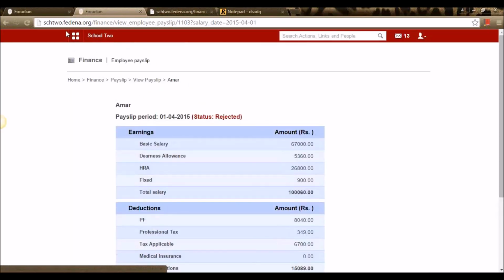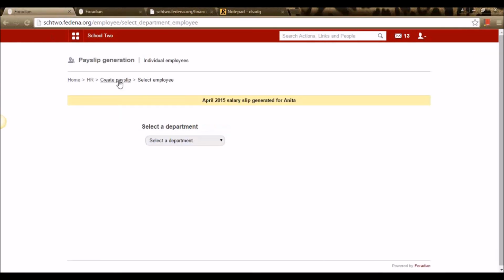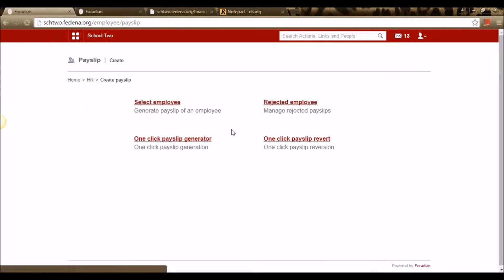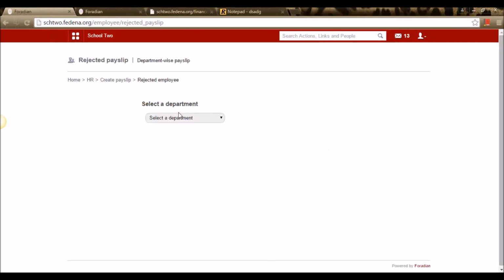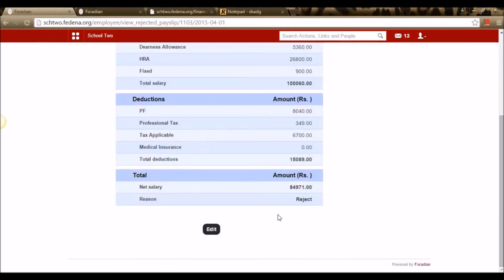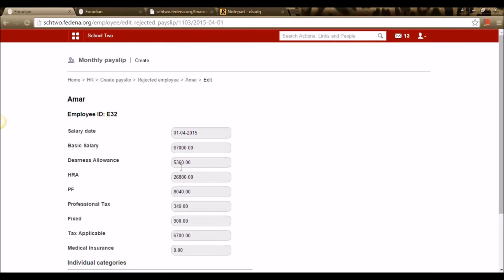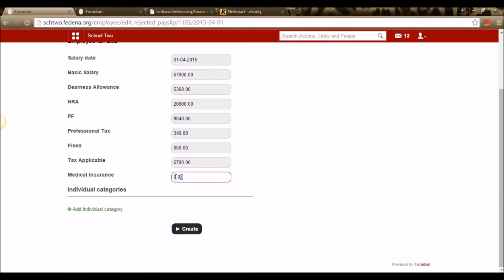Again, this payslip will be seen under human resource as reverted employees. We need to select the particular department and we can see the employee name whose payslip has been reverted. Right here, the human resource employees can make changes to their payslip by editing the components that they've entered.